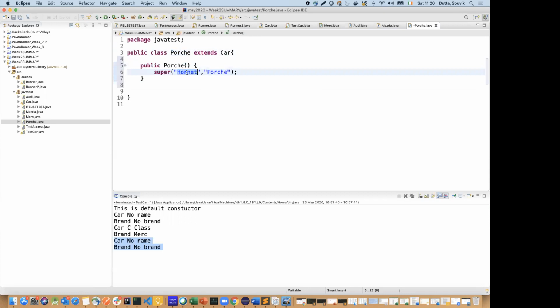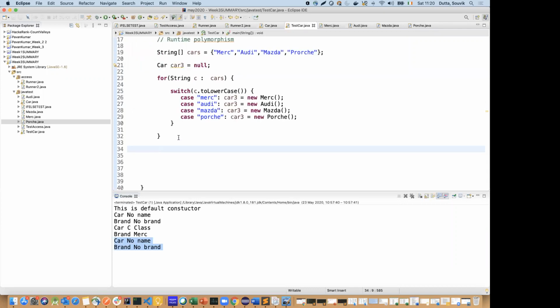And this is ABCD, whatever. Or Porsche, let me put it Porsche. That's fine. Okay. So what did I do now is I created a for loop. Depending on what the value it comes, it will create different types of car object. And at the end of the switch case, you probably have already seen that you need to give a break statement, because you want to handle one single case at a time. So break,